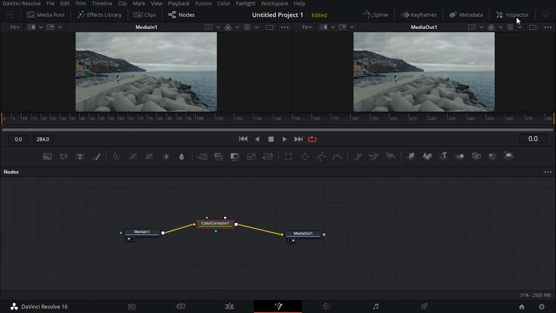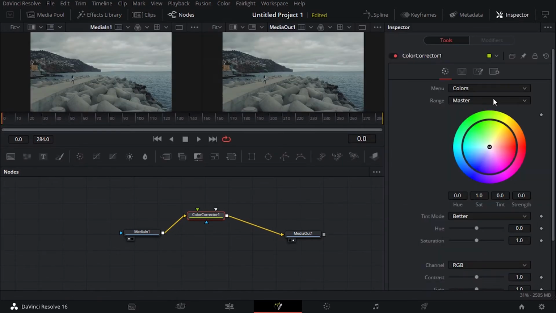I want to make this clip a bit blue, play with the colors a little bit. So select the color corrector, and then come over here to inspector, and then just over here on this color thing, the color wheel, I'm going to drag it to make it even more blue. You can see that, but I think that was too much, just a little bit. Then I can go, for example, to the shadows